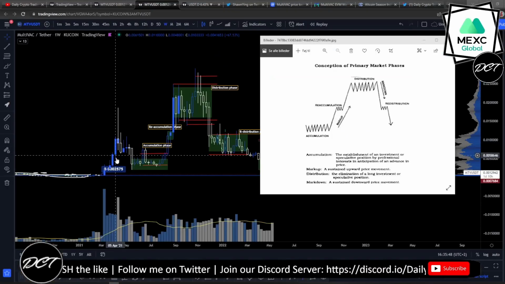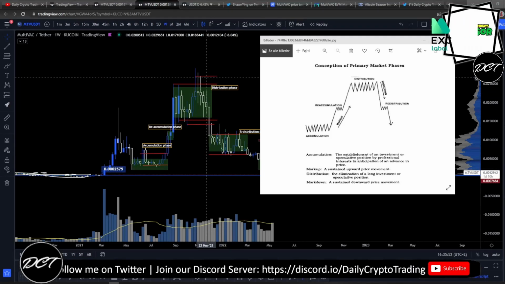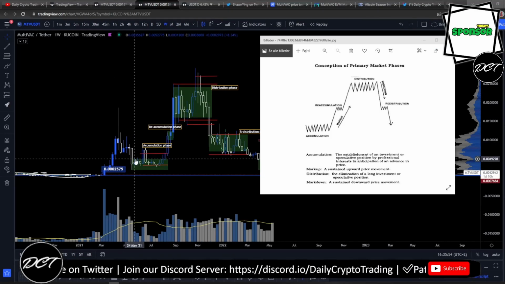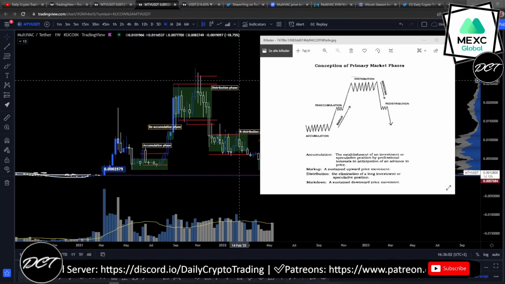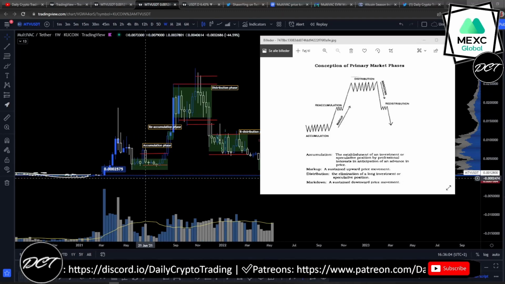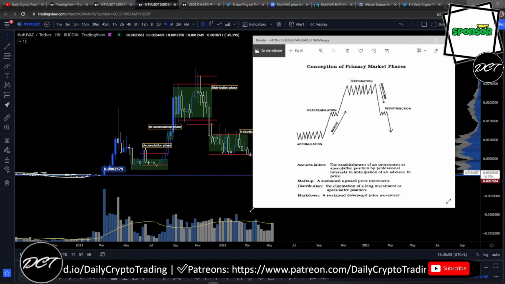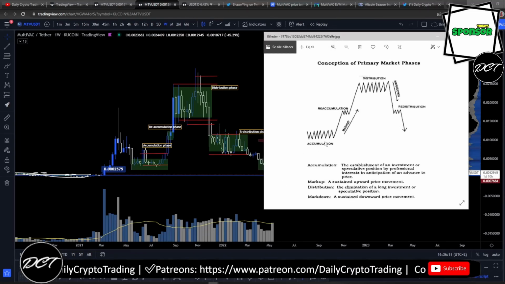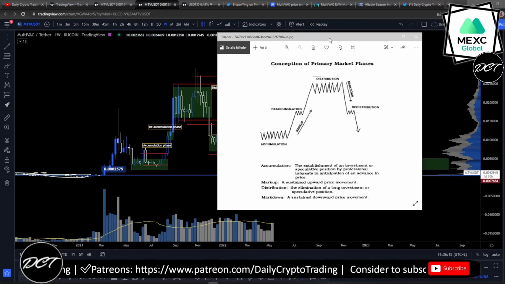Check them out. And let's jump into the TA of MultiVac, guys. If you've been following my channel, you know I've been very keen on this model, right? This Wyckoff accumulation model, this conception of a primary market phase. I've been religiously talking about this, guys. The accumulation phase that you guys are seeing in the corner right there. If you can, just make it bigger right there. Accumulation phase right there. The reaccumulation, like a perfect setup, right?